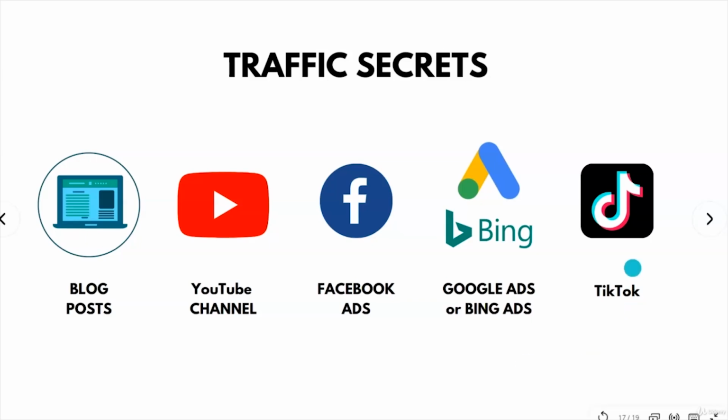And the fifth way of getting free traffic is TikTok. TikTok has gained a lot of popularity lately, and it has become one of the most lovable platforms for affiliates. Videos are short and you can be very creative. You can place your links in your bio and you can get a lot of exposure. There are plenty of affiliate marketers that have succeeded with TikTok, and make sure to check out this platform and see if this is something that will work for you.